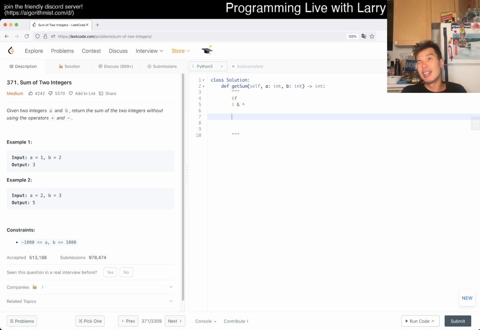Then what do you do? Well, you could do a logic statement, right? And the tricky thing is about getting the carry bits, right? Because basically, if you do it,